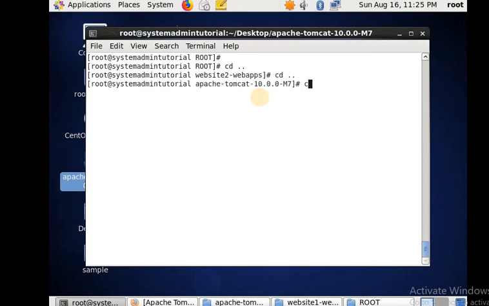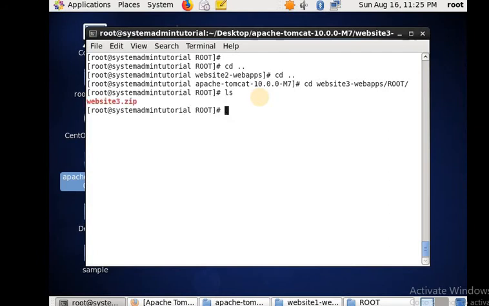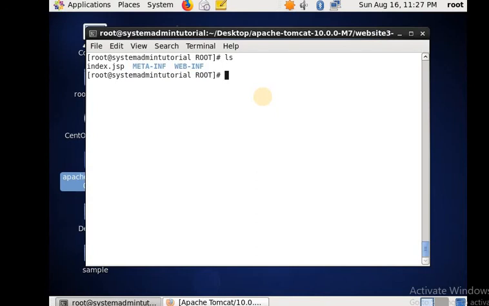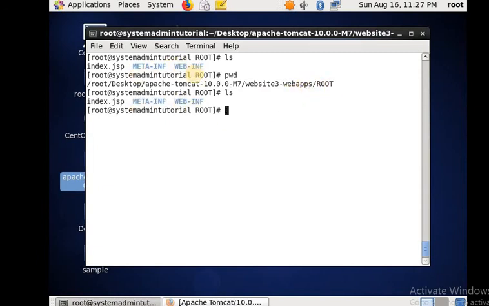Then you go to website3. Unzip 3 is there, so we have to unzip it. Here we go. Okay, all the files are extracted in each respective directory. You can check pwd. You see we are inside the website2 ROOT directory, and you see all these files are extracted.